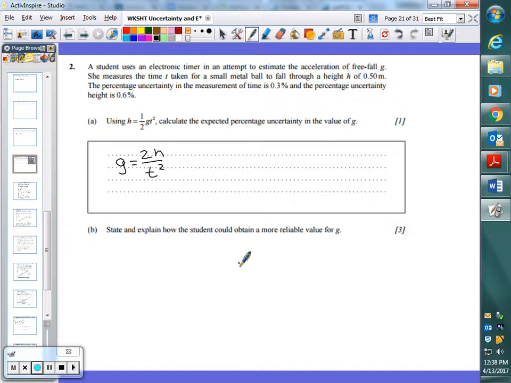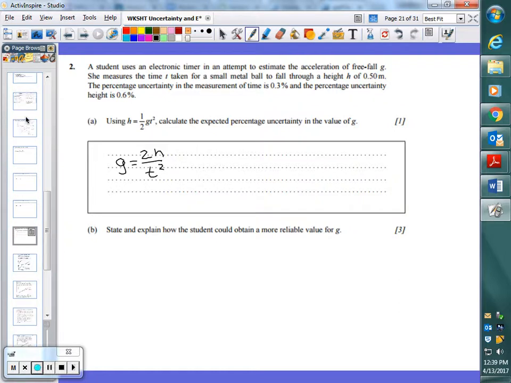Now, in order to get g, we're actually going to have to do 2 different mathematical operations. The first one we're going to have to do is a division problem. Actually, that's not the first one. The first one we're going to have to do is this exponent in the time. And then the second one is a division problem, dividing h by t squared. Okay? Mathematical operations, we handle them differently as far as how we handle the uncertainty. So going back to